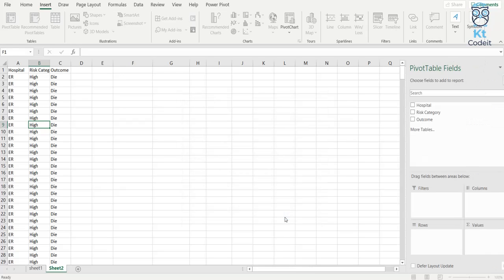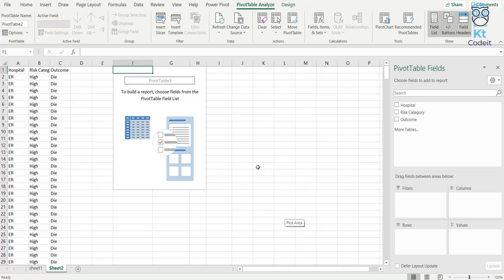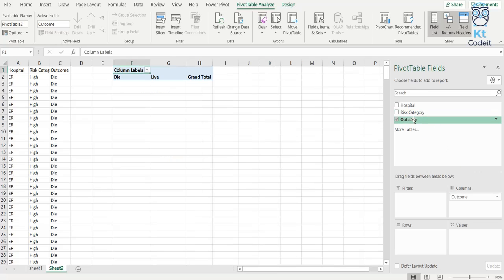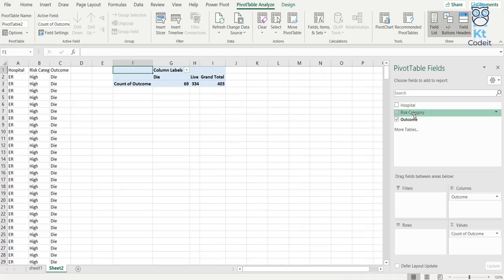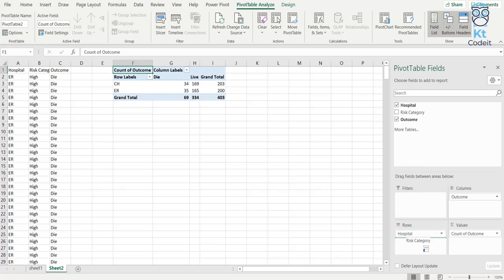Okay. So as you can see, my pivot table is created. Now I'll choose what fields I want in my pivot table. Since I want to know how many people fall into each group in terms of outcome, I'll put the outcome in the columns field and values field, and the rest of the columns I'll put into the row field, and the order of putting them into the row field doesn't really matter in this case.